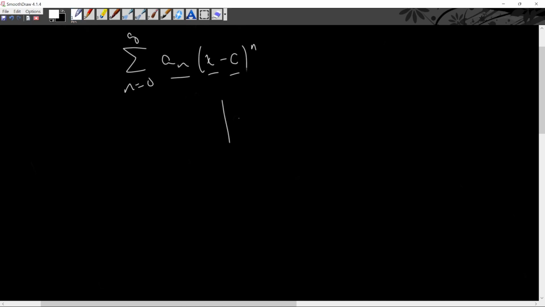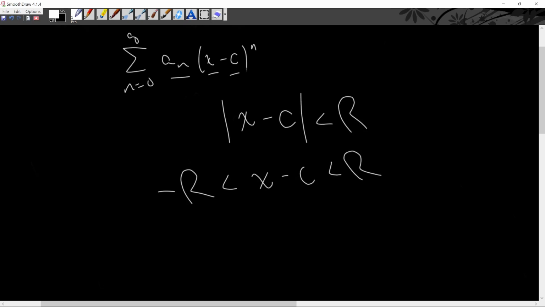If we say that a series is convergent if the absolute value of x minus c, or this general term which is being raised to different degrees for every subsequent term, is less than r, then negative r is less than x minus c, which is less than r, which means that you have c minus r is less than x is less than c plus r, which means that the possible